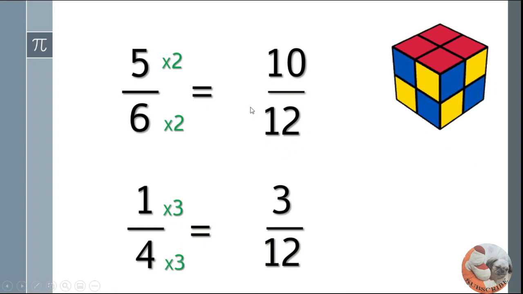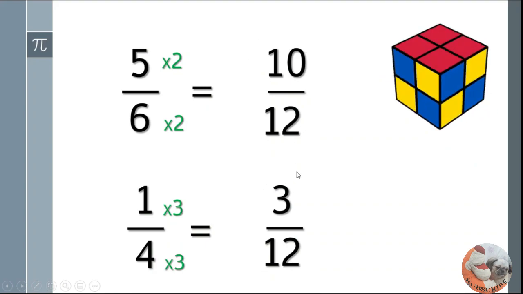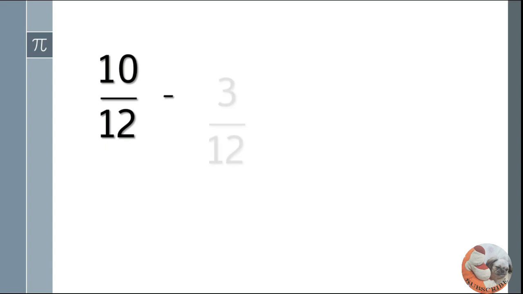So, mapapansin nyo, parehas ng kanyang denominator or similar fractions na sila, pwede nyo na siyang i-subtract. 10/12 minus 3/12. Ang isa-subtract nyo lang ay ang numerator. 10 minus 3 is equal to